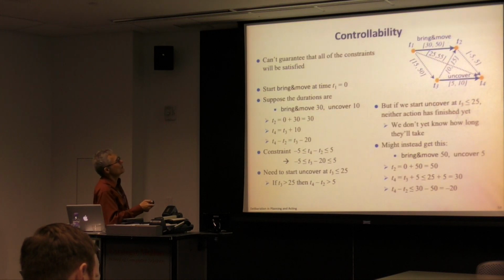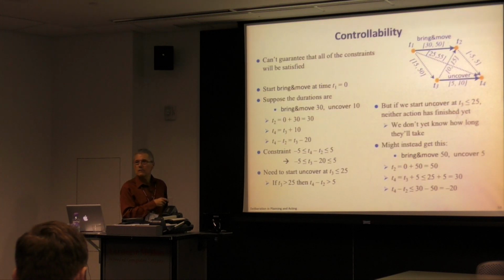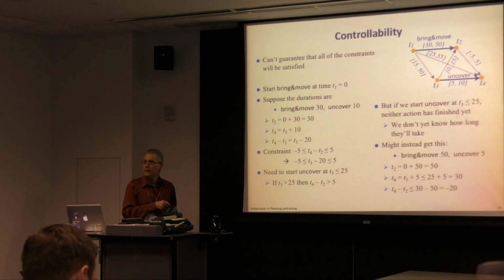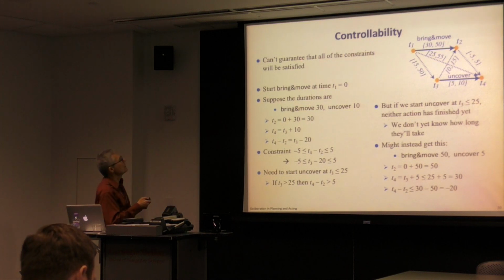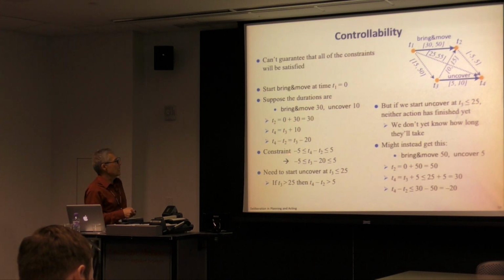So it turns out in this example we cannot guarantee that all the constraints are going to be satisfied. And I'll go through a couple of examples to illustrate that. Suppose we start bring and move at time 0, all right? And suppose this one takes 30 seconds, this one takes 10 seconds. Well, if this one takes 30 seconds, this one takes 10 seconds, and if we want the difference between these two to be at most 5, then that tells us that we want to start T3